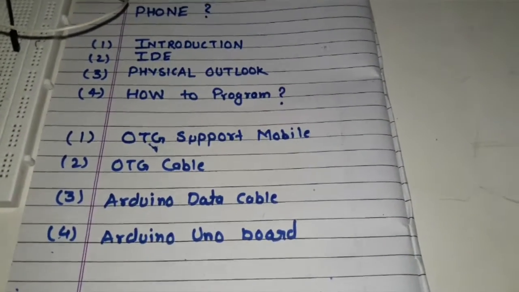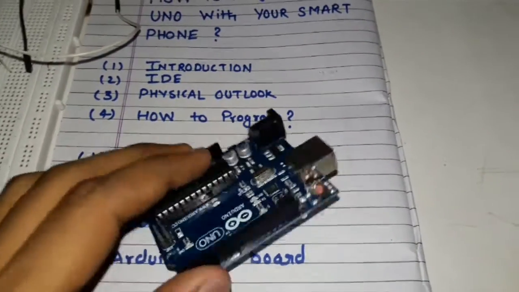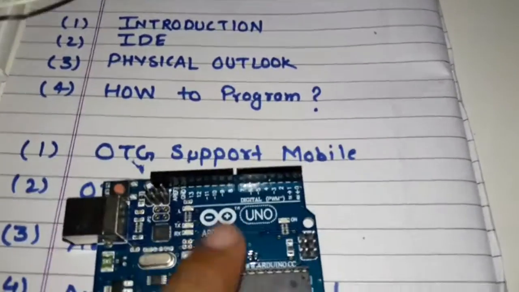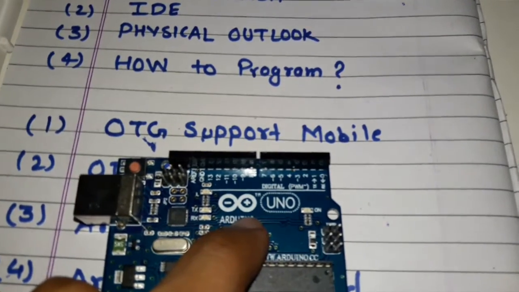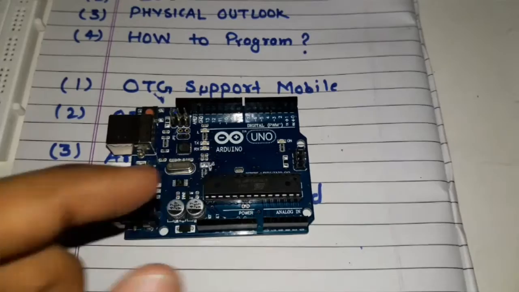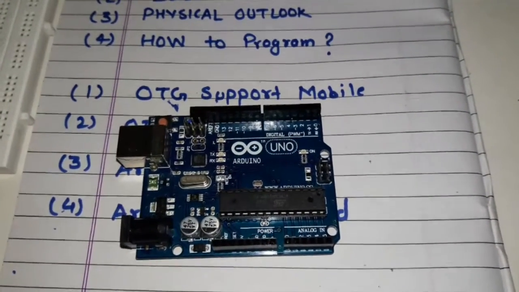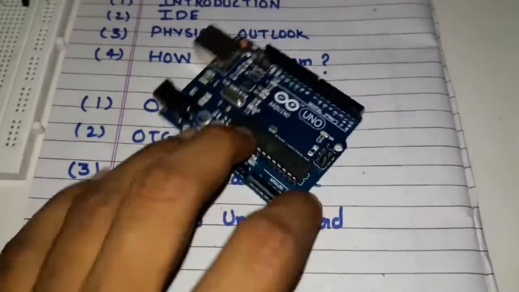Let's talk about the physical outlook. So you can see the physical outlook of Arduino Uno. You can see there is a trademark of Arduino Uno. It is the original Arduino Uno board. There are also clones of Arduino Uno available in the market because it is an open source platform. You can see